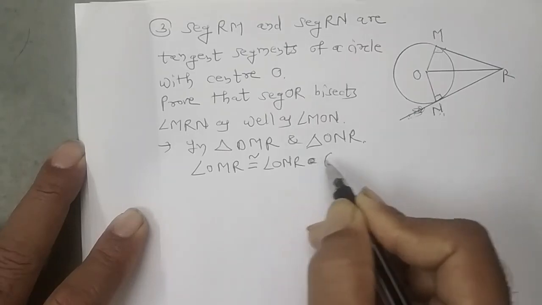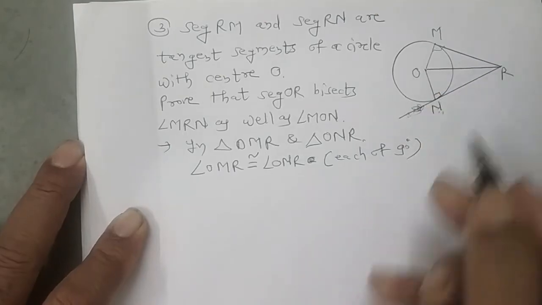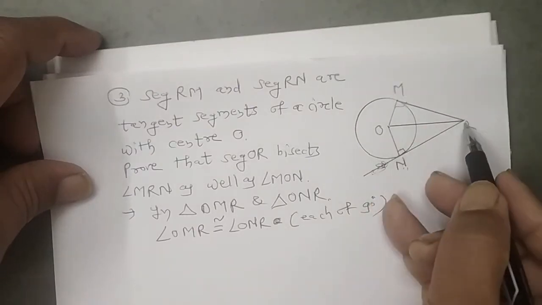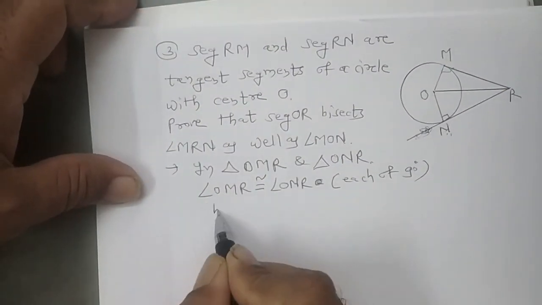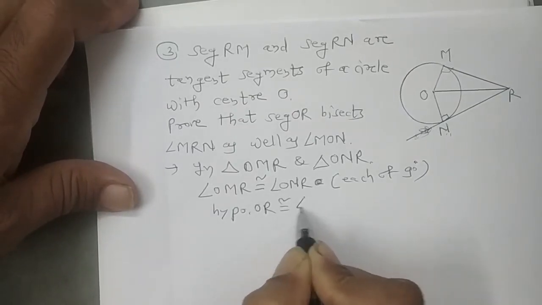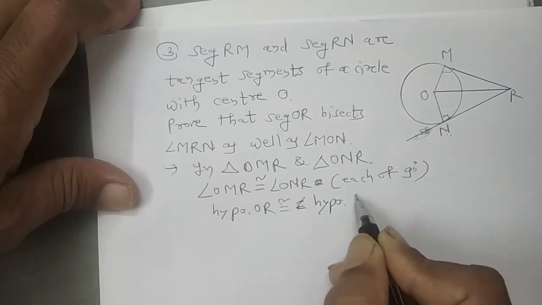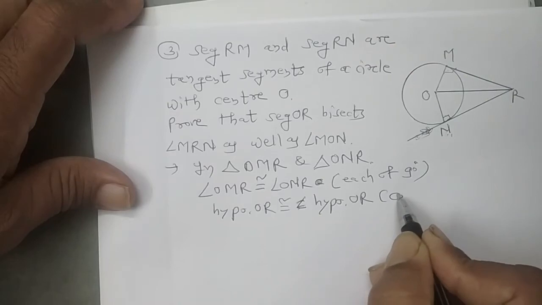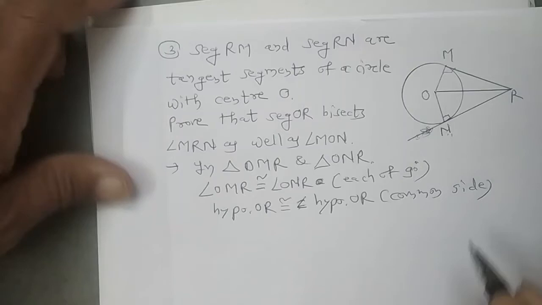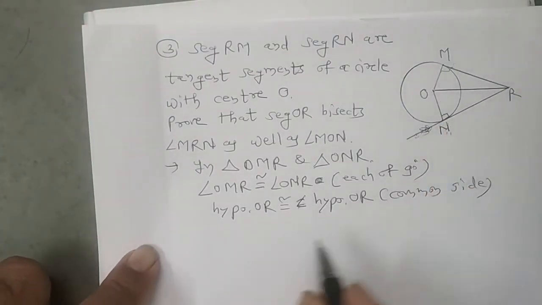Write down in bracket each of 90 degree by tangent theorem. Hypotenuse OR congruent to hypotenuse OR, that is common side, and OM congruent to segment ON,